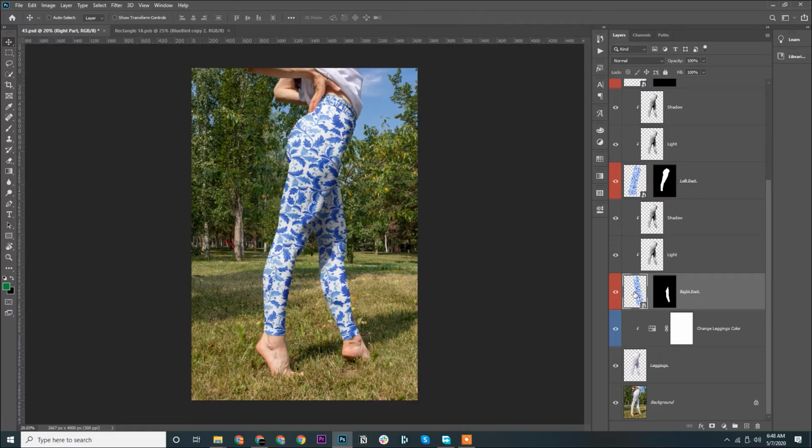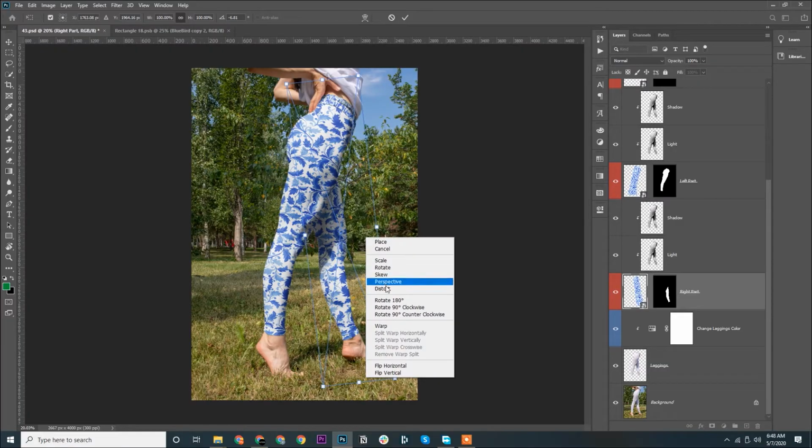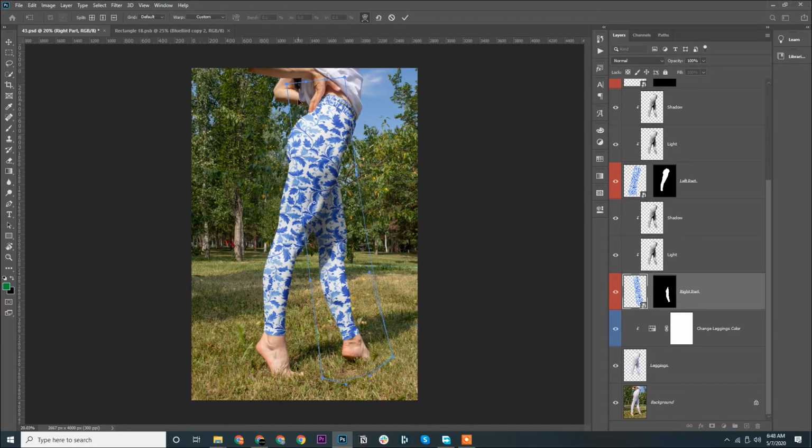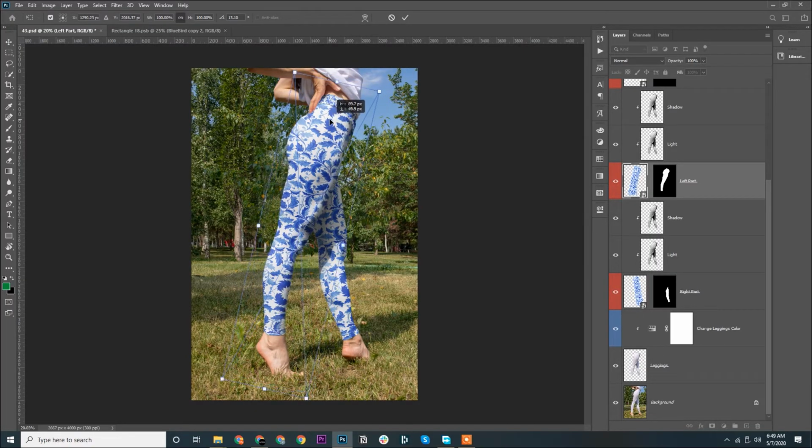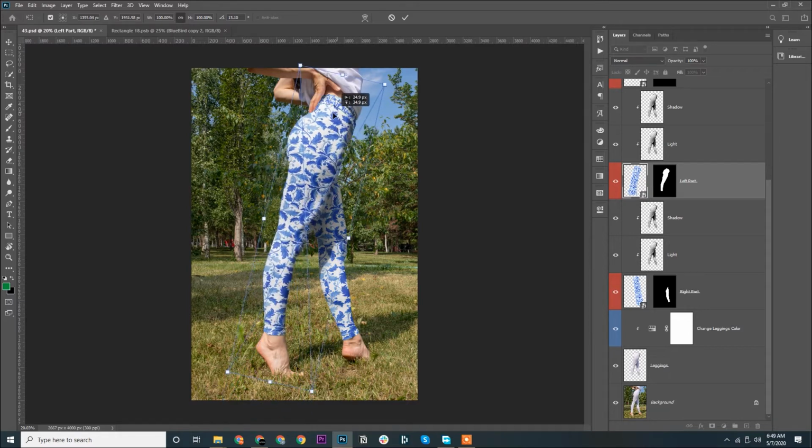So let me see first what settings the developer has applied. If you press Ctrl T, you could see some distort has been applied. If we right click and go to warp, we'll see that some warp has also been applied to this layer, isn't it? Similarly, if we go to the left part and press Ctrl T, this is simply something pasted here with the mask option. And if we right click and go to warp, a bit of warp is applied, nothing more, I guess.